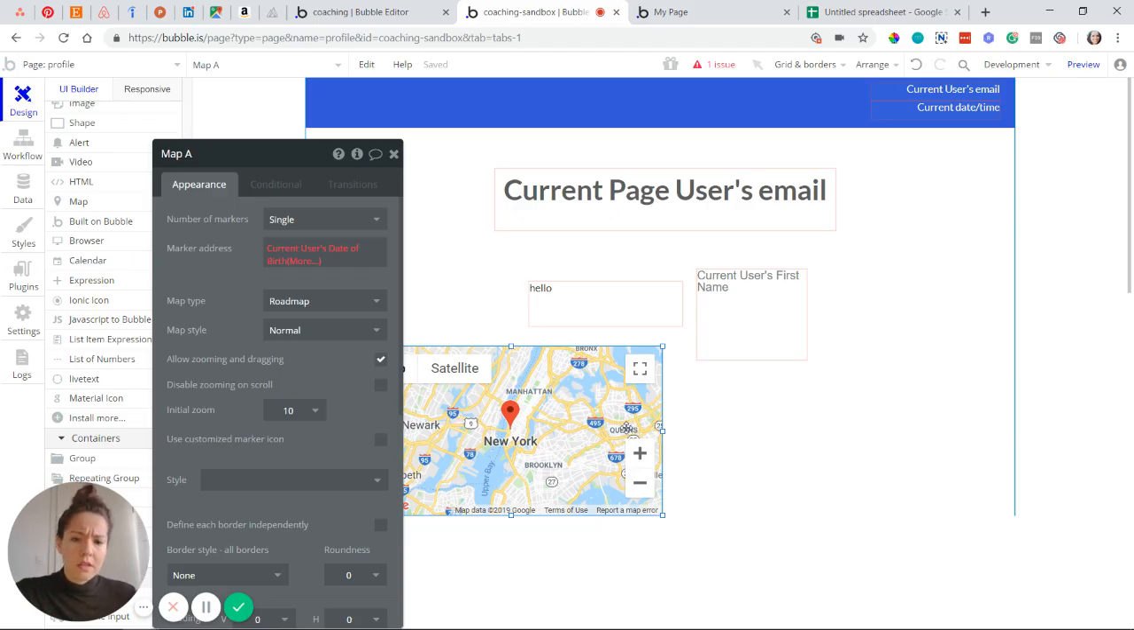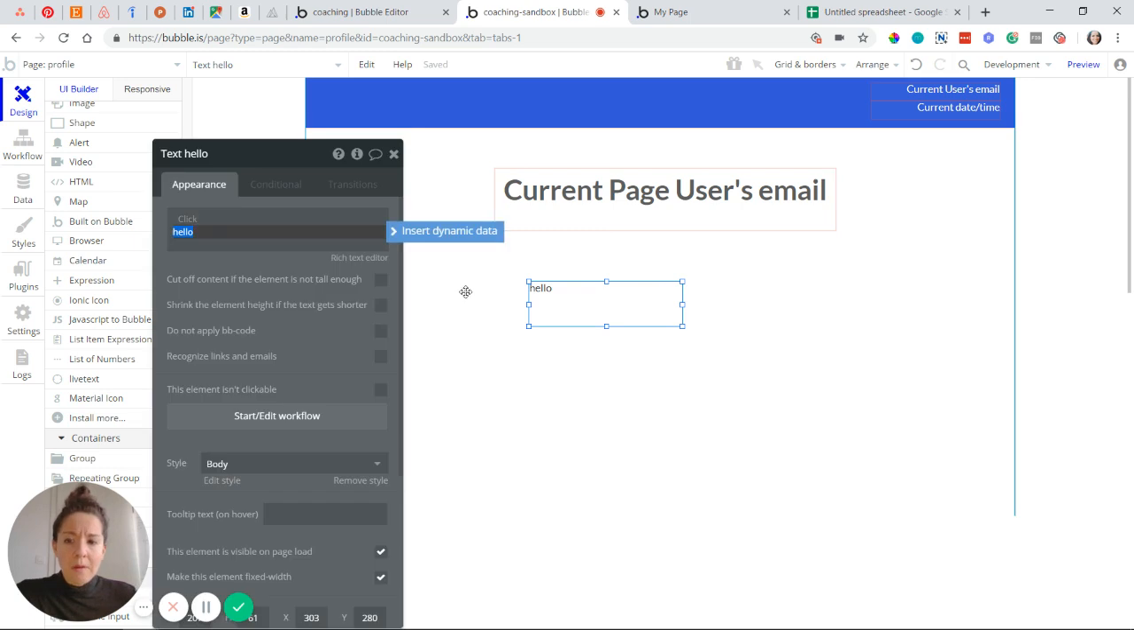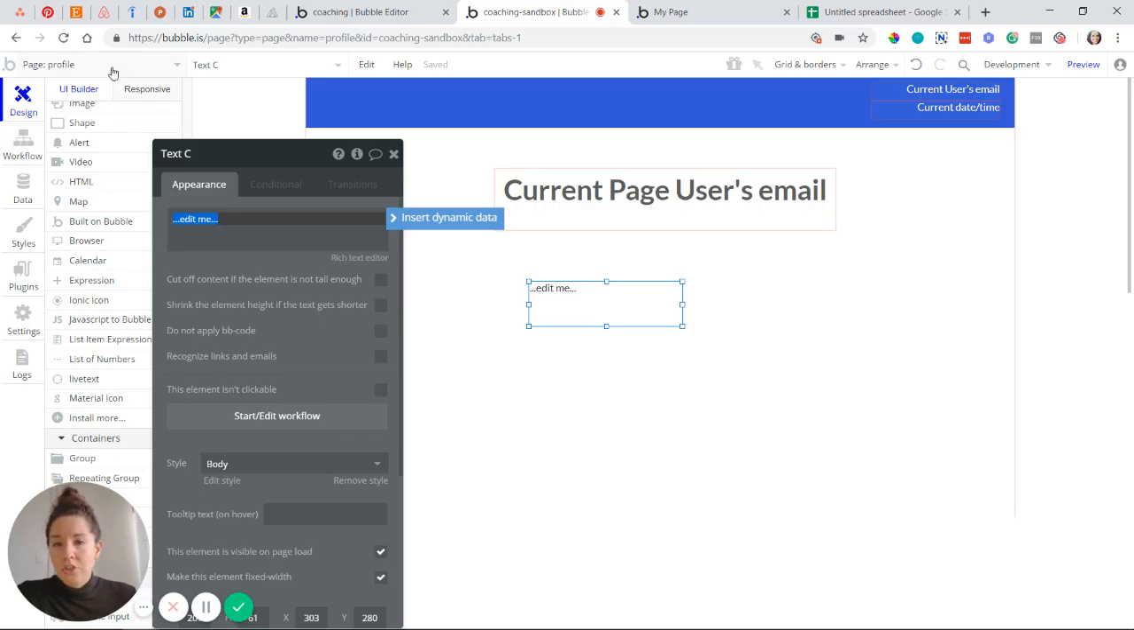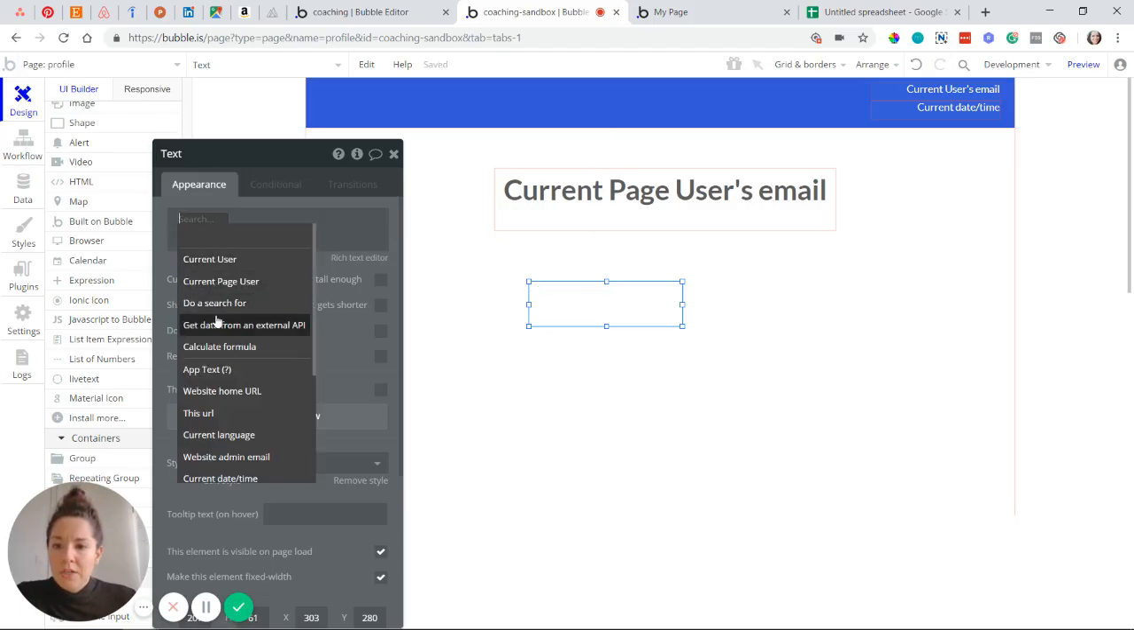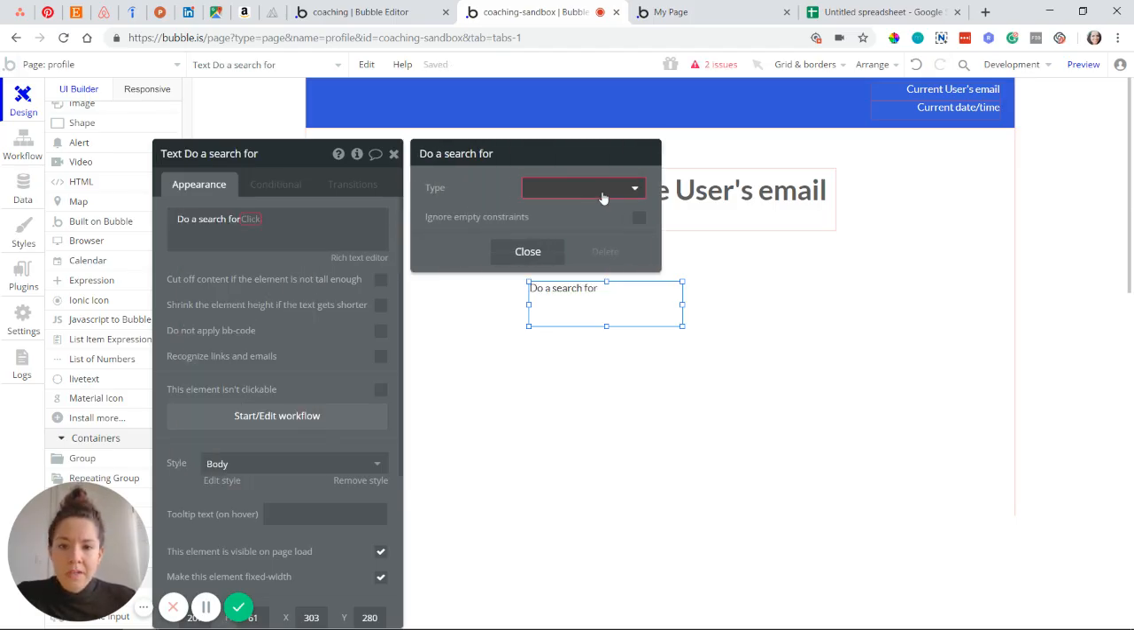So the most powerful, let me remove this. One of the more powerful expressions that you can use is searching your database. So I showed you a little bit on the search page where we display a list of users. I did a search of all of my users. That expression here, to do a search for something, and you can see now I can choose from any one of my data types, is probably the most powerful expression here, because you can filter your search to show different results and